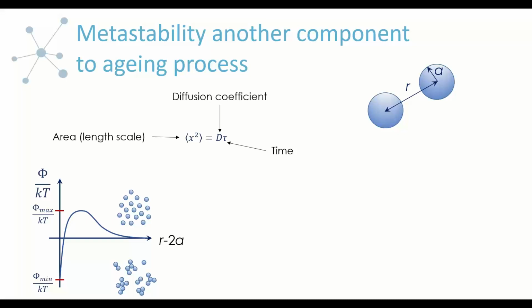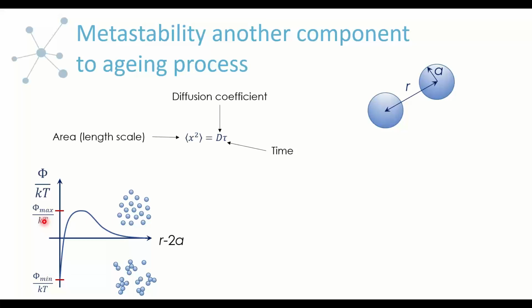And so remember that this phi over kT on this chart over here is the interaction potential of the protein in solution. And this potential can be altered by changing the formulation that the proteins are suspended in. And so we can look more closely here at phi max and phi min. The contribution of phi max and phi min depends on the charge of the particles. For some colloids, like an ideal colloid, we can have phi max so large that the protein or the colloids